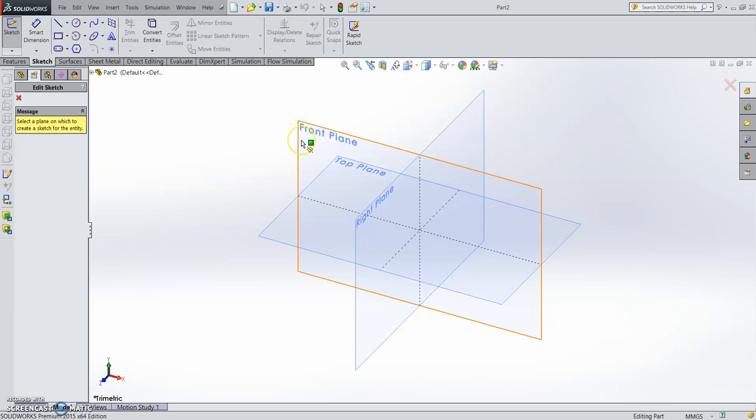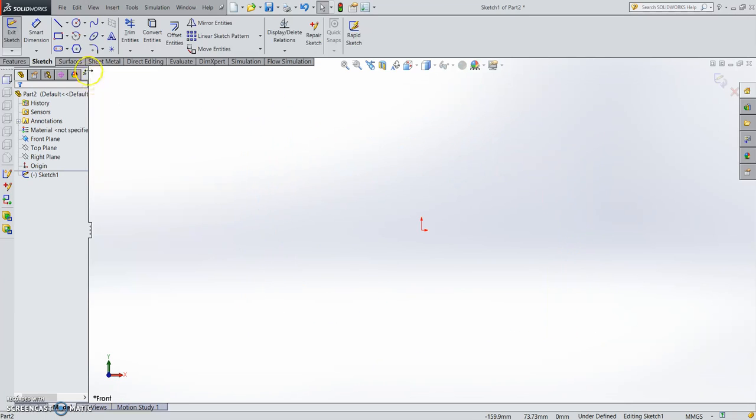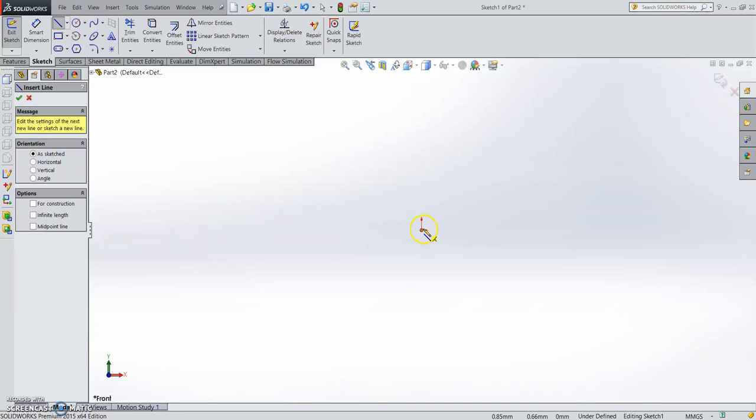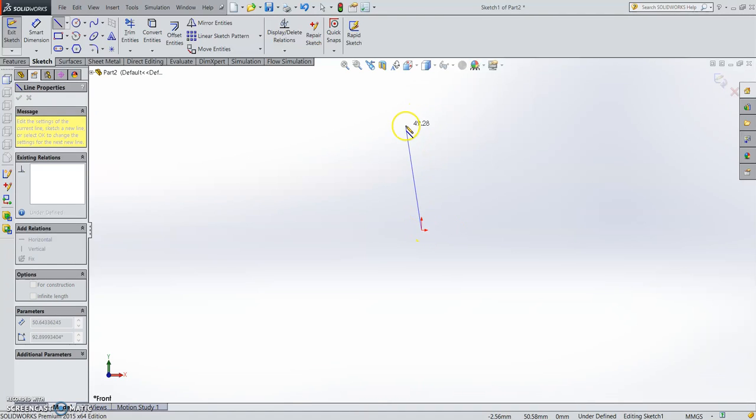So I will start with the front plane, and then I can use either a rectangle or just simply choose a line. Start on the origin, and then make sure that it's a straight line. You can see that my mouse, the yellow color that is showing a straight line up, so that is a straight line. That is not a straight line. This is a straight line. So I will click,